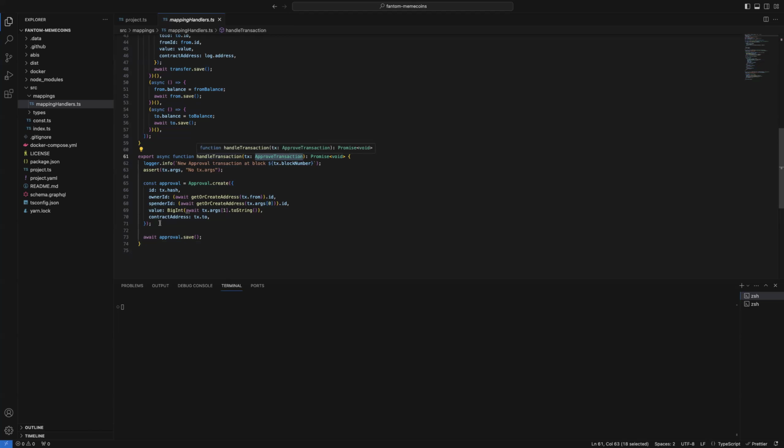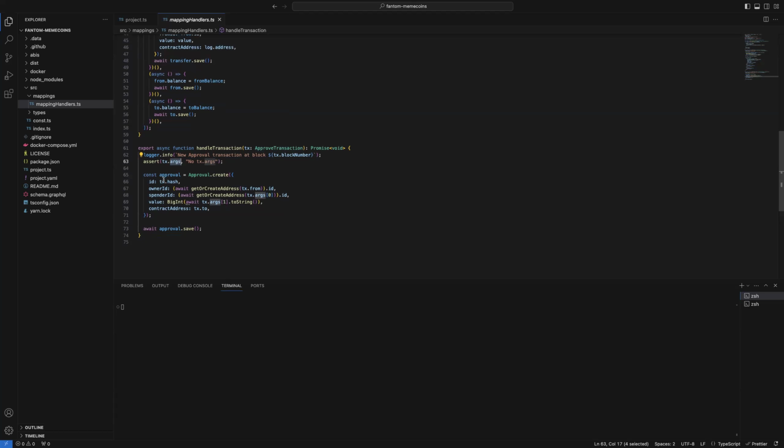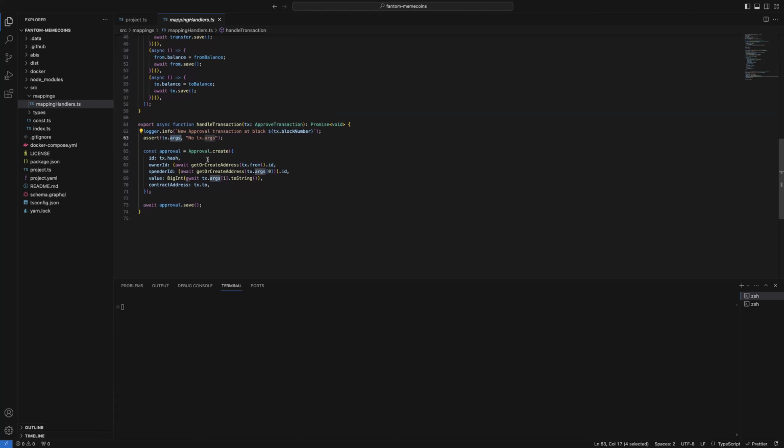So what exactly are we doing with the data of the approved transaction? First of all, we're printing a helping log. Then we are making some checks that the transaction is not empty, essentially. And then we're creating an entity itself.